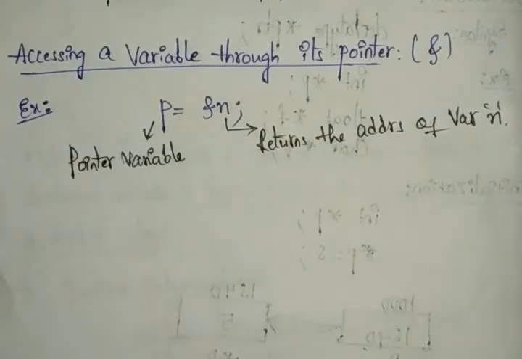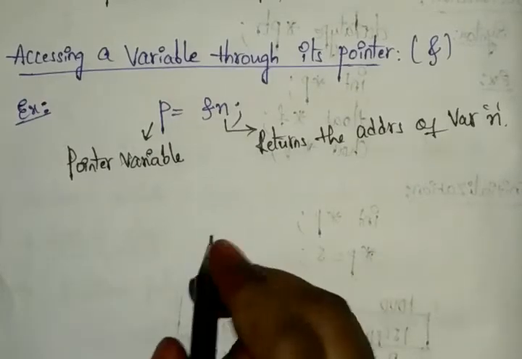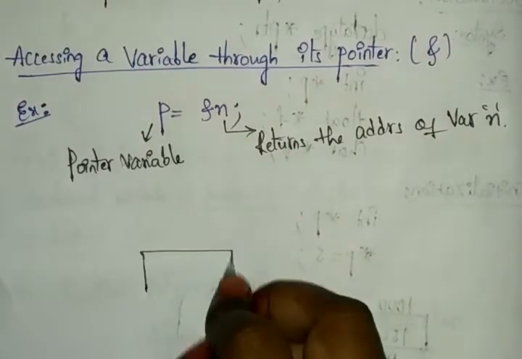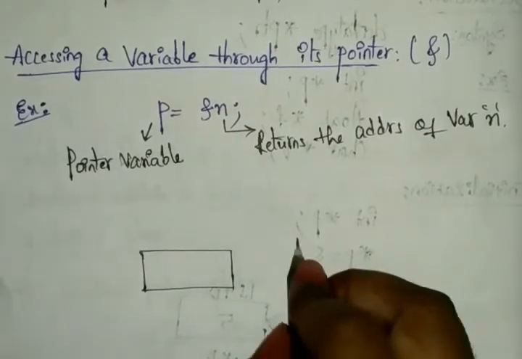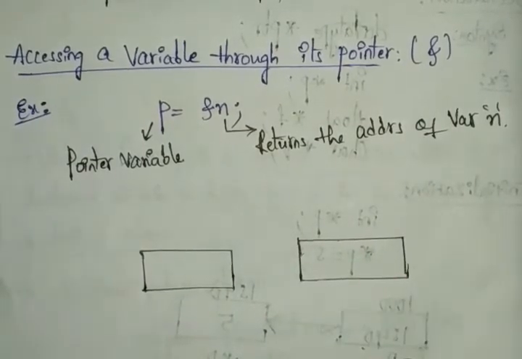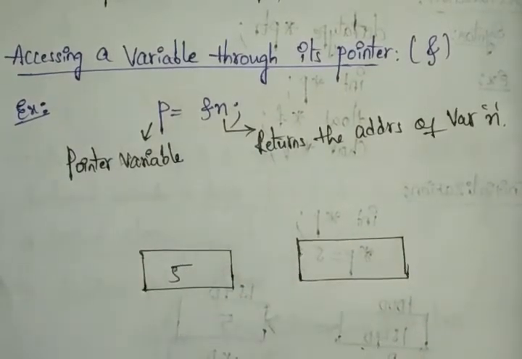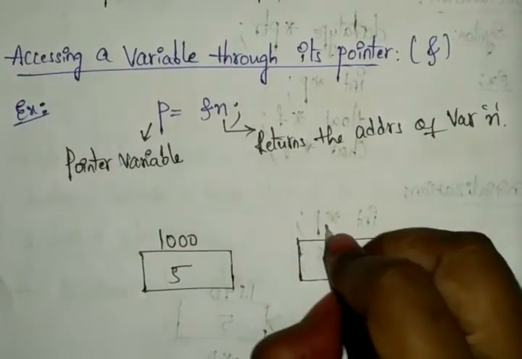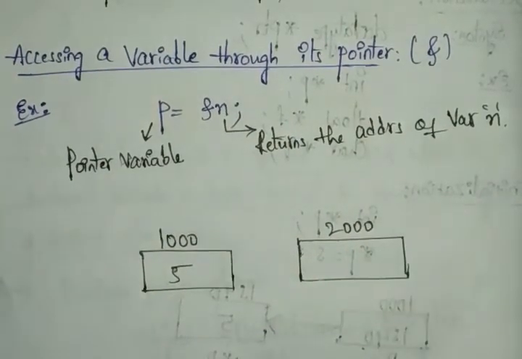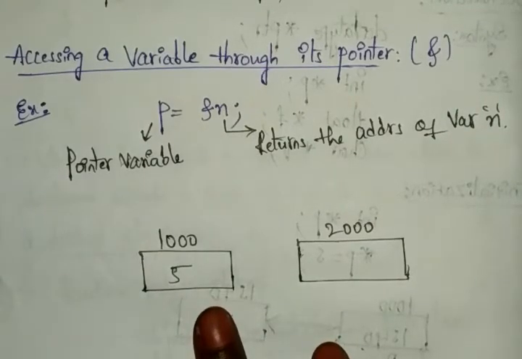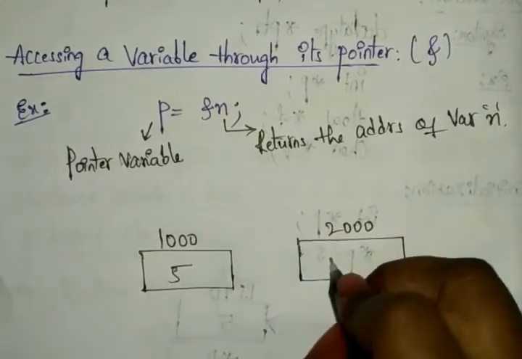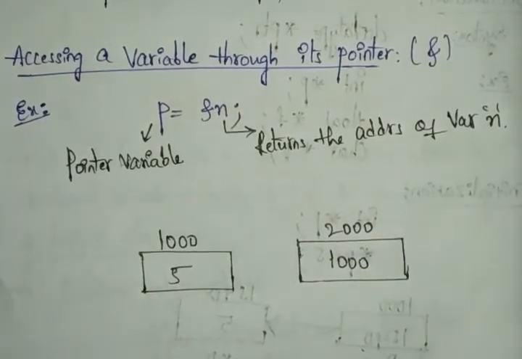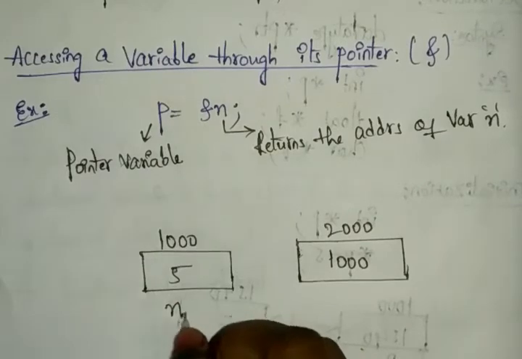So here how it is stored in our program, you can see. For example, here I am drawing boxes in the memory location to show how these are stored. I am choosing the value to be 5, and it has an address like 1000, and the pointer has an address like 2000. Whatever value we have first is stored here, right? So the value comes to here, and you can see it is the NP.